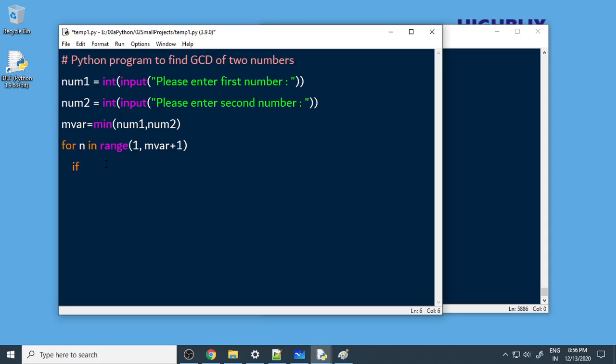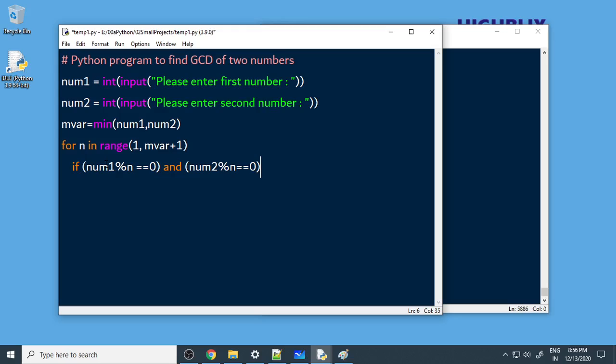Now here you write if num1 percentage of n is equal to 0, that is the remainder is 0. If that divides number 1, we'll use the AND to check the second number also. num2 percentage n equals 0.